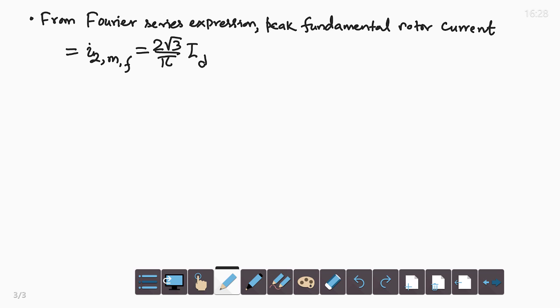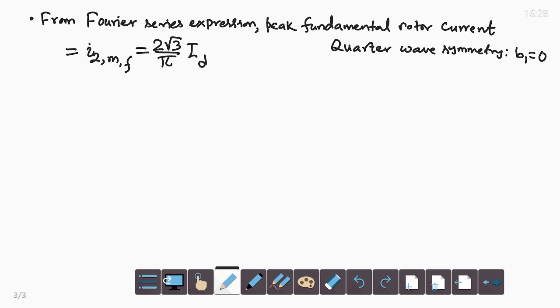That can be done. You see this waveform, the rotor current waveform which you have just seen, it has quarter wave symmetry, and for quarter wave symmetry B1 is 0